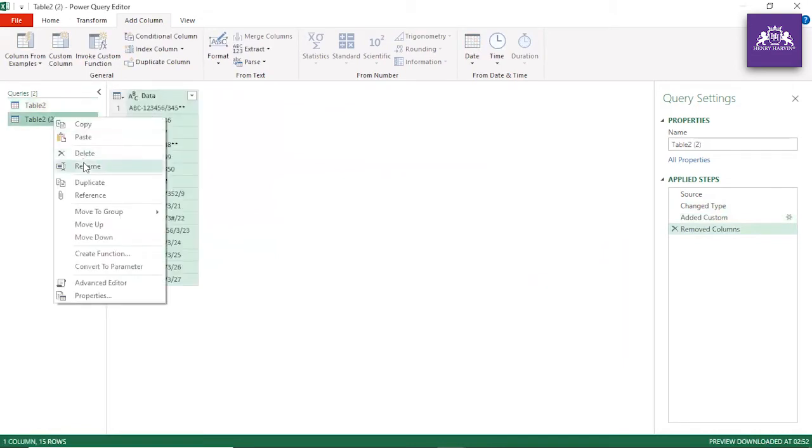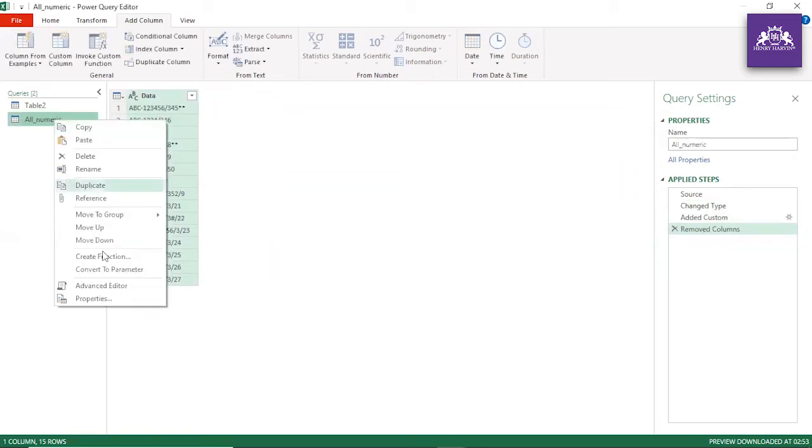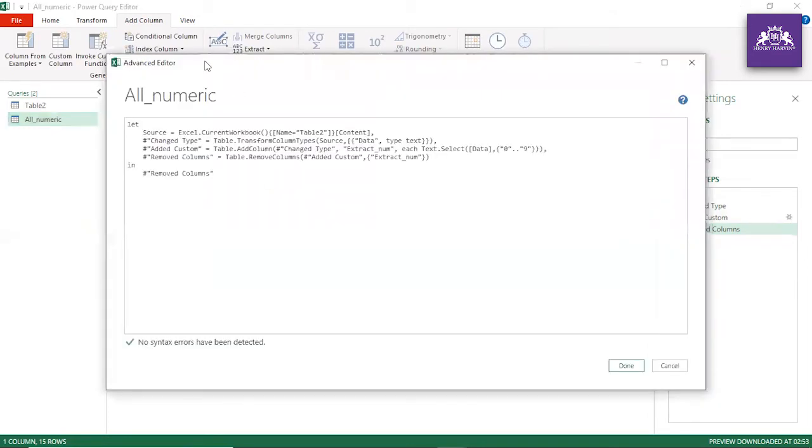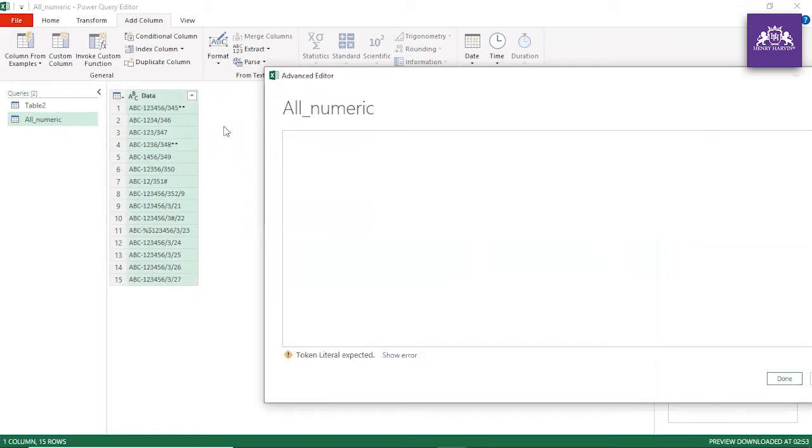Let me rename my function name, All Numeric. All right, and now I right click on this and go to Advanced Editor. So here we are writing our function which we have to call for all the rows. You can see first, second, third, fourth, up to the 15th. So you will understand now after we write this code.